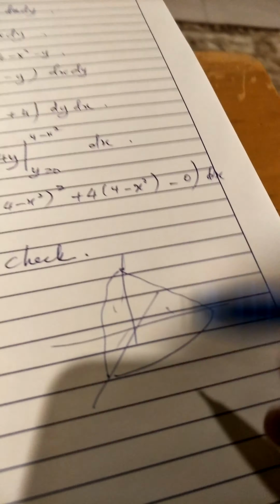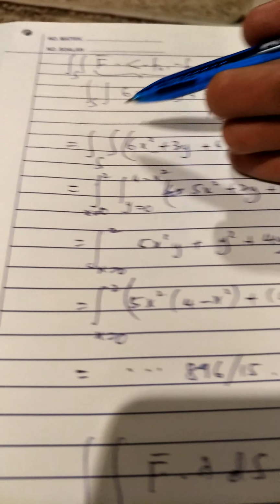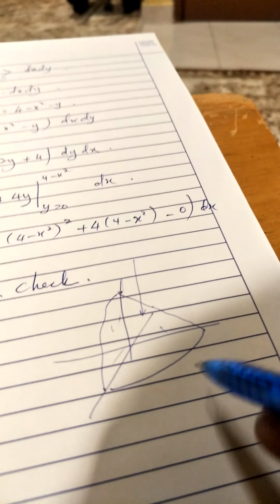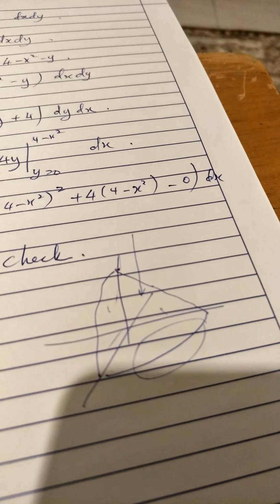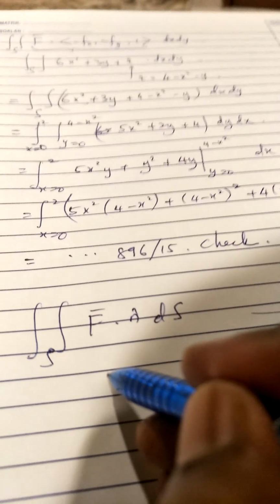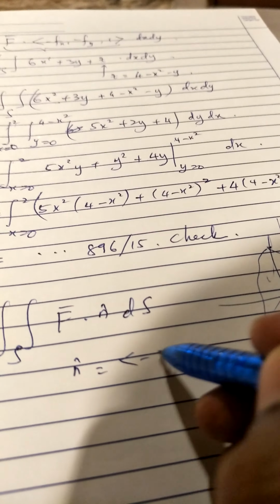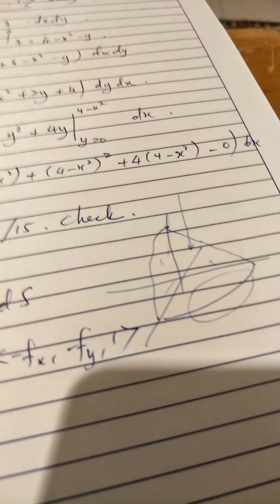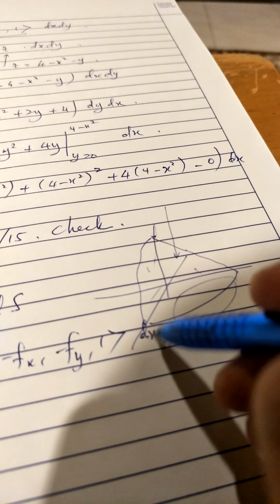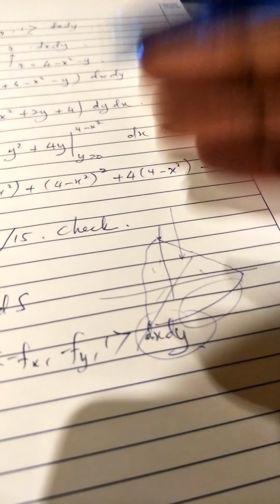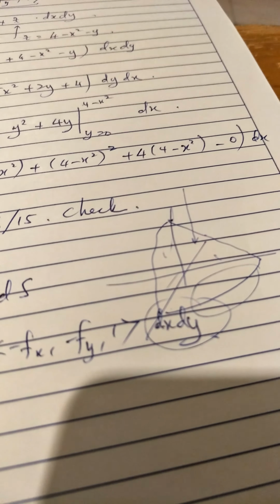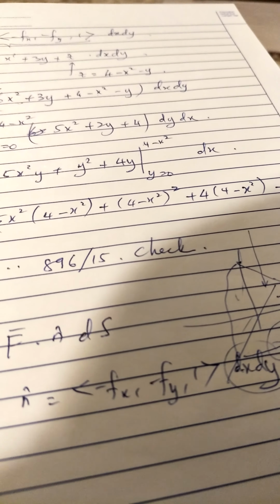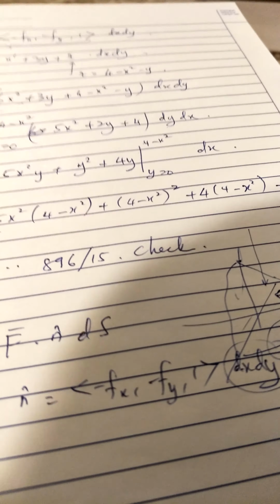In this example, what we did is we projected this surface on the xy plane. That's why we have our n given as negative fx, negative fy, and 1, and here we have dx dy. So this means we project on the xy plane. Now, is it possible? What happens if we project that surface